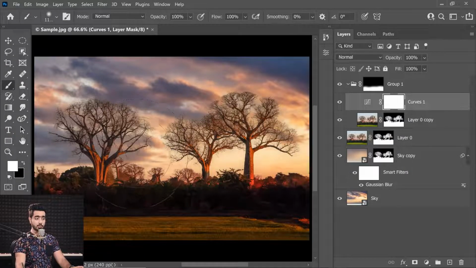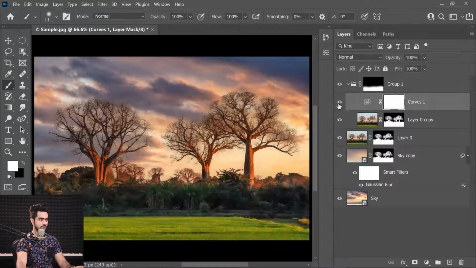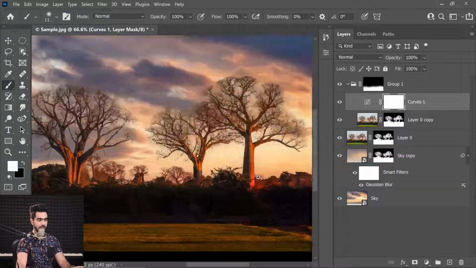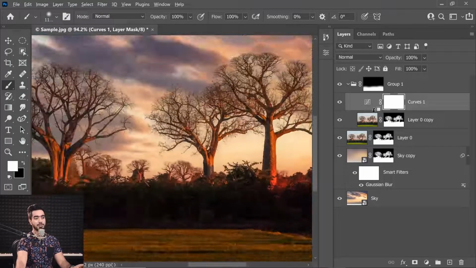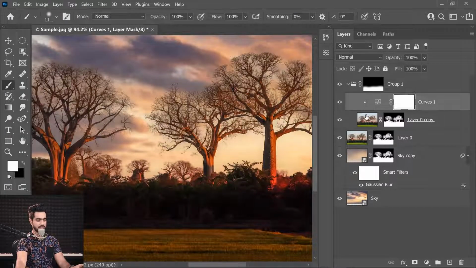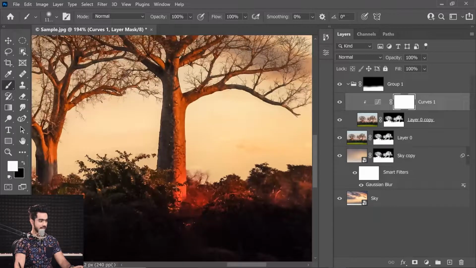So there you go, beautiful sky replacement. Everything is matching perfectly, and I only wanted to apply this curves to this layer, not to other areas. See how red it's getting? So you can hold the Alt key or the Option key, click on the line between these two layers so that it only applies to that. And as you can see, these areas just don't look nice. So we have another